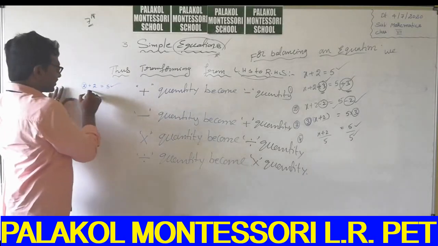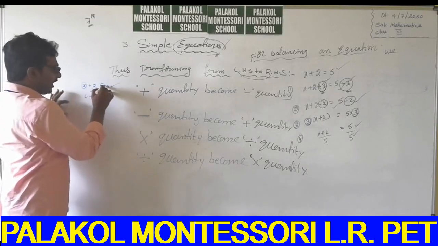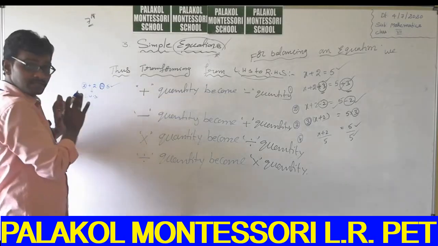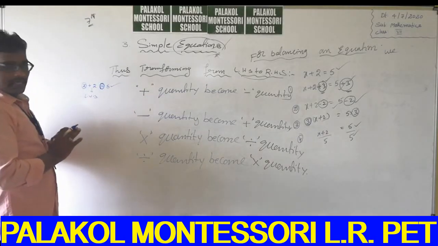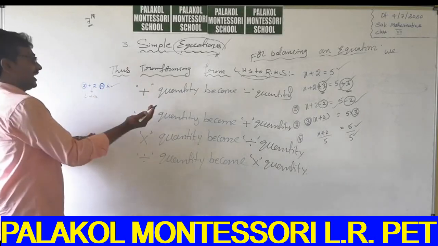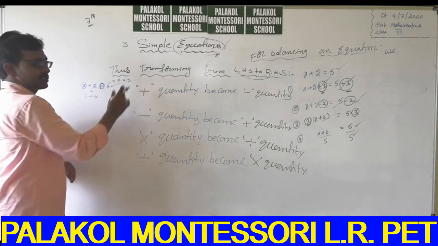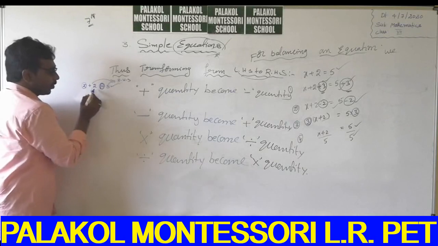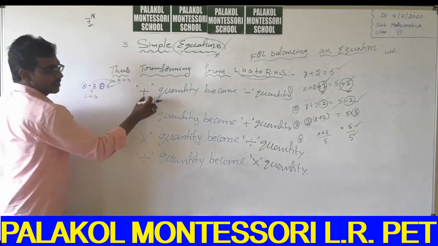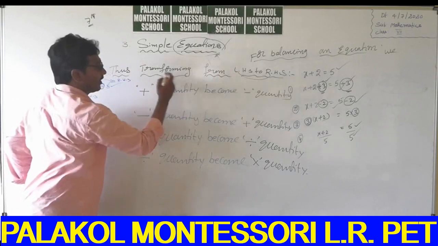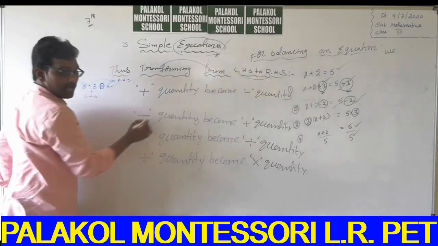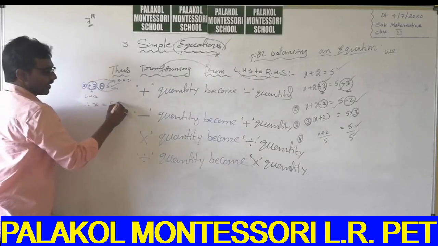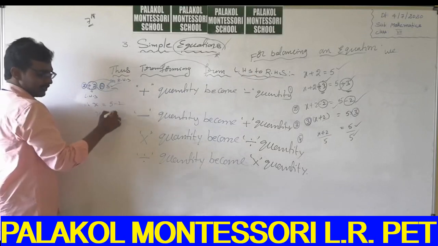In this equation plus 2 is on which side? This is the left hand side. How do you know? In the equal to sign, the term on the left hand side is called LHS. The term on the right hand side is called RHS. Is it clear? Now this plus 2 you don't need, just send it to that side. What is this quantity's sign? Positive. The positive quantity becomes negative when transferring from LHS to RHS. That means x is equal to 5 minus 2, so x is equal to 3.